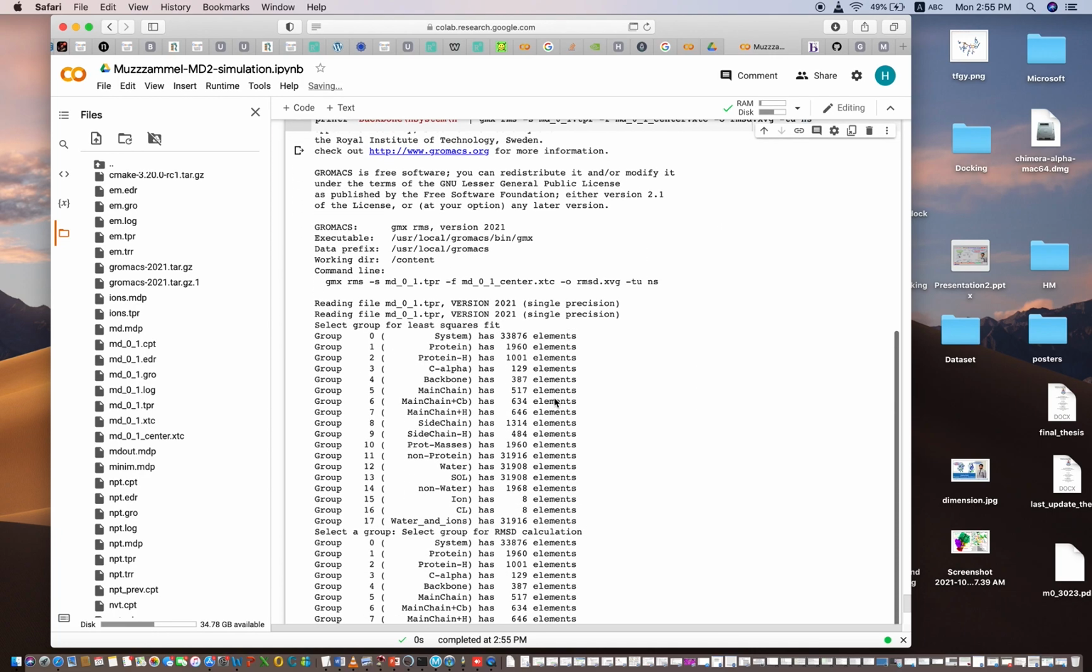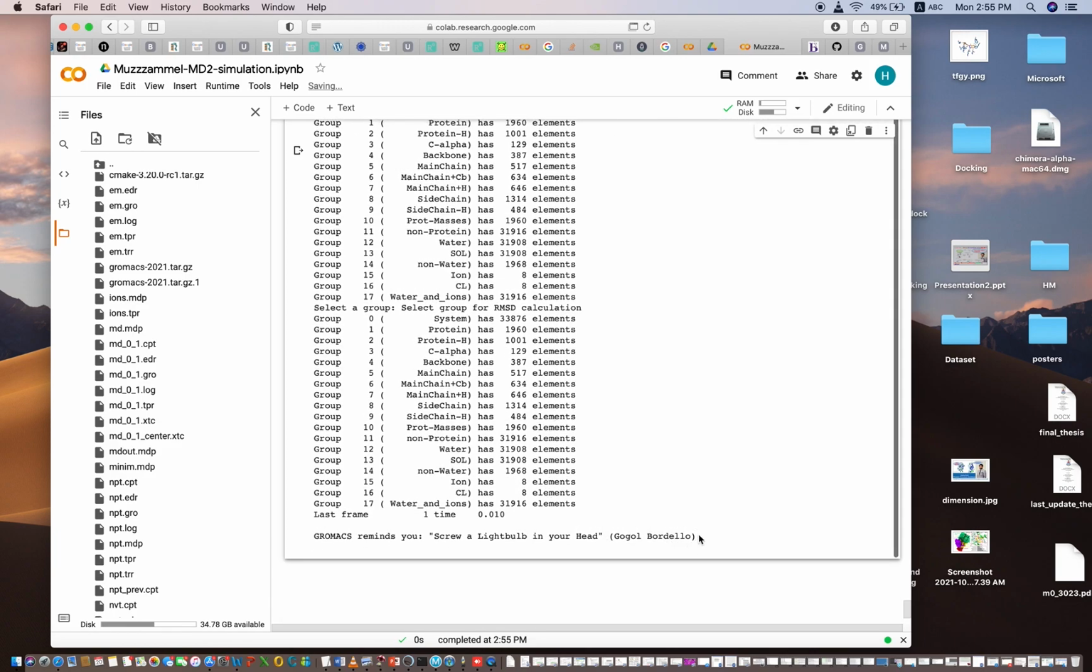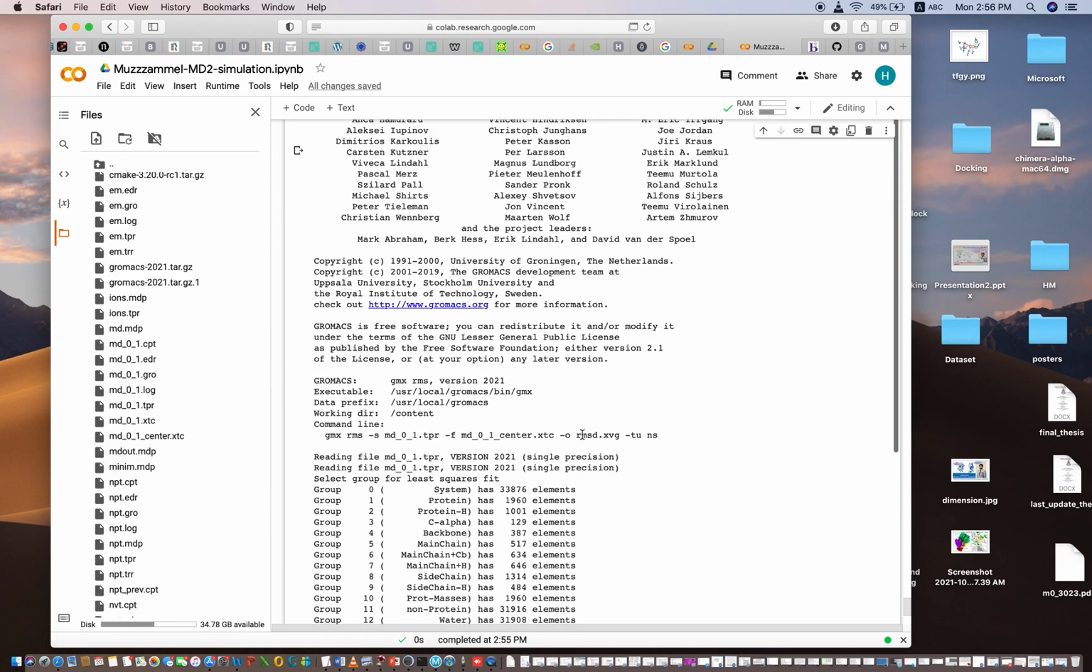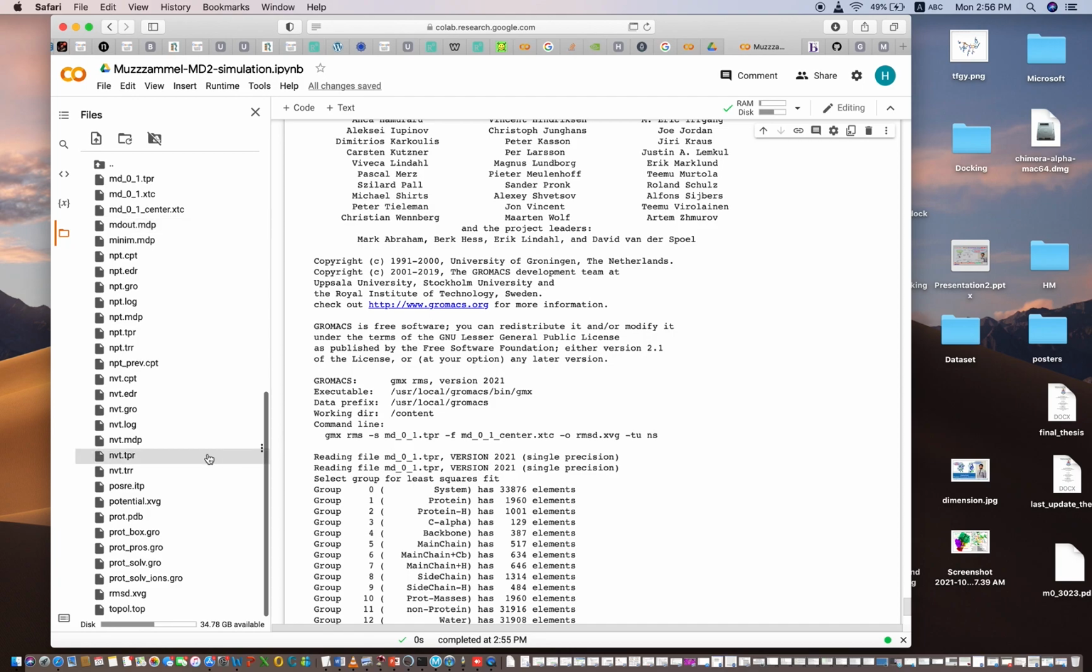Yes, my goodness. So yes, it has successfully run. Okay, so where is the output file? The output file was rmsd.xvg. This is rmsd.xvg. You can download this as well if you want to download the file accordingly, because the